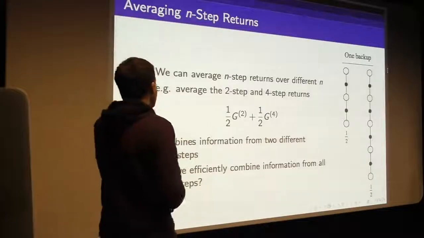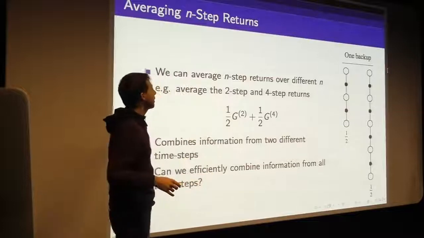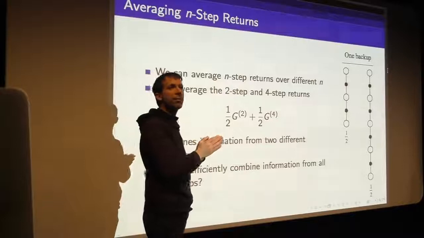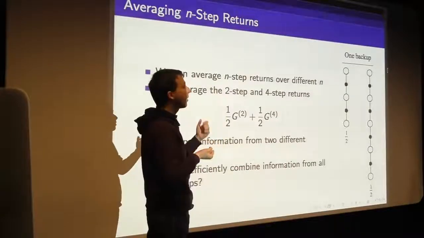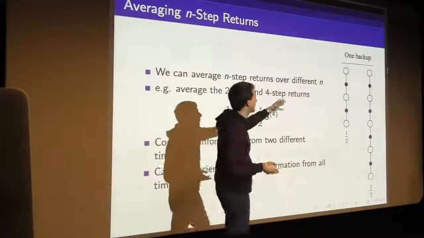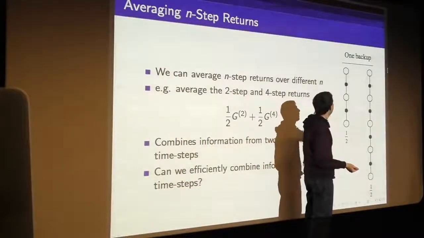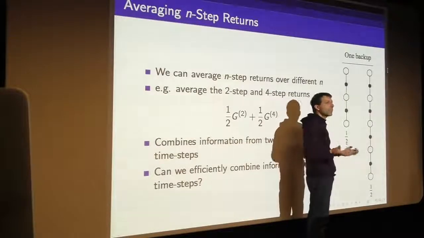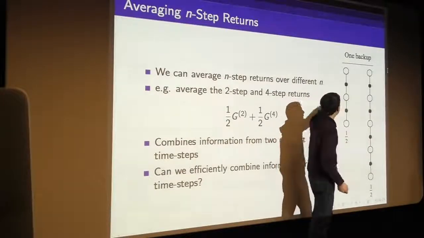So how do we do that? Well, the way to do that is to notice that we can average over these n-step returns. We don't have to just commit to one of them. We can take a target which combines multiple n-step returns together. So for example, consider this case where we're going to do one backup towards the average of both of these. Basically what we're going to say is our estimate of the return now is going to be